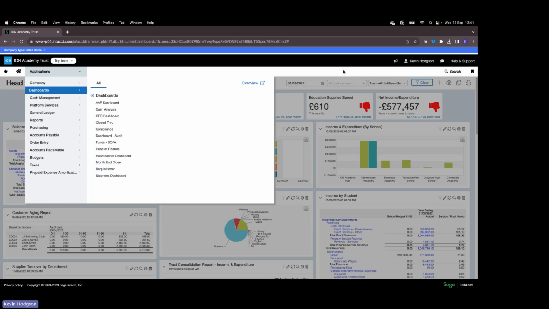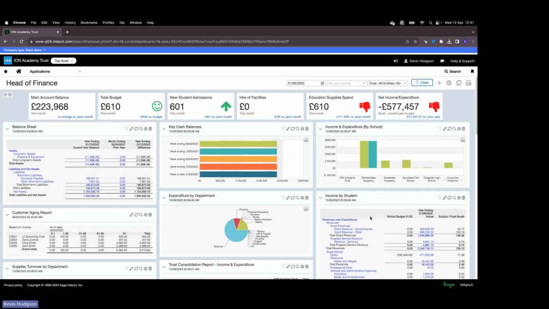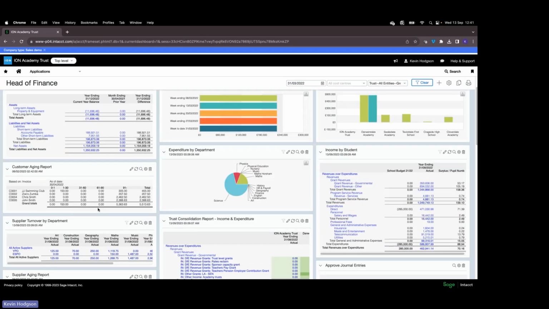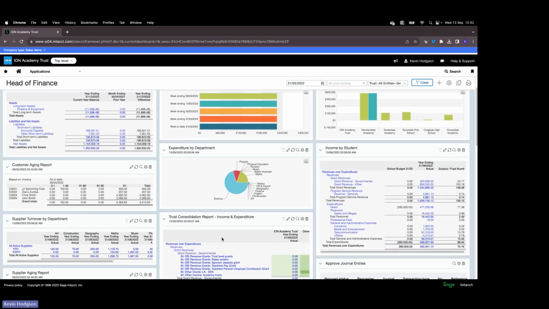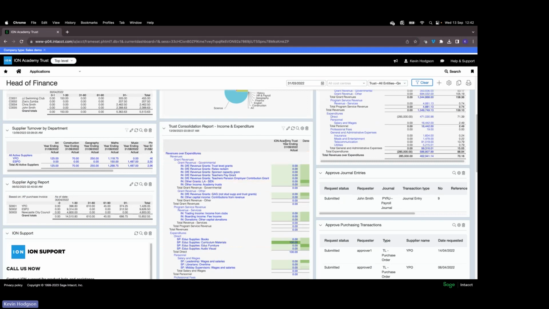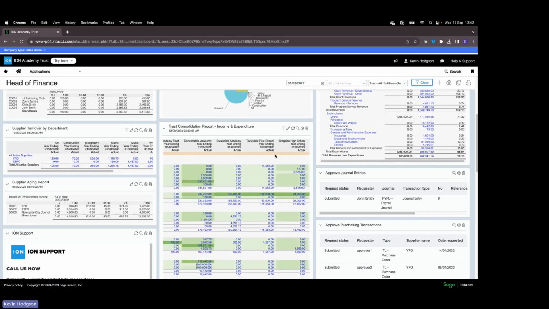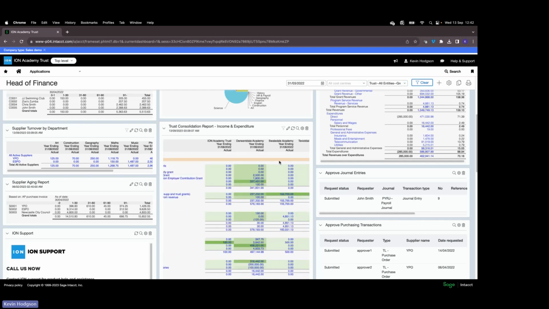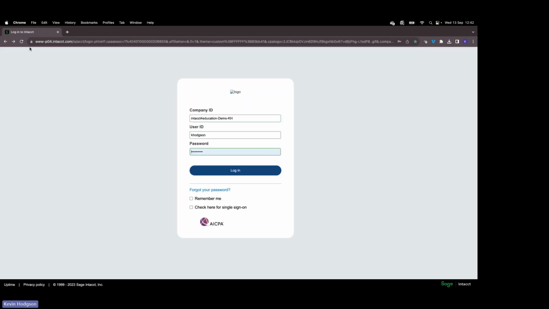On those dashboards, and we'll come back to this and discuss it in more detail, there is an array of different types of reports that you can run. Anything from balance sheet reports to aging reports for suppliers and customers, and consolidation-based reports, which give me income and expenditure broken out by the different schools. I can scroll across on my report and see all of the different schools side by side. So it's a really useful way of